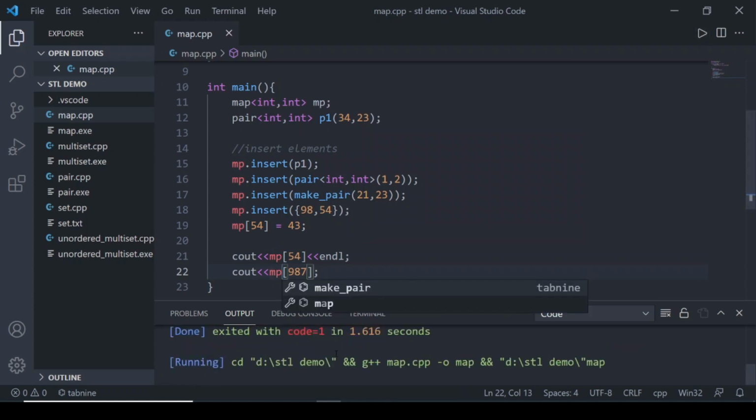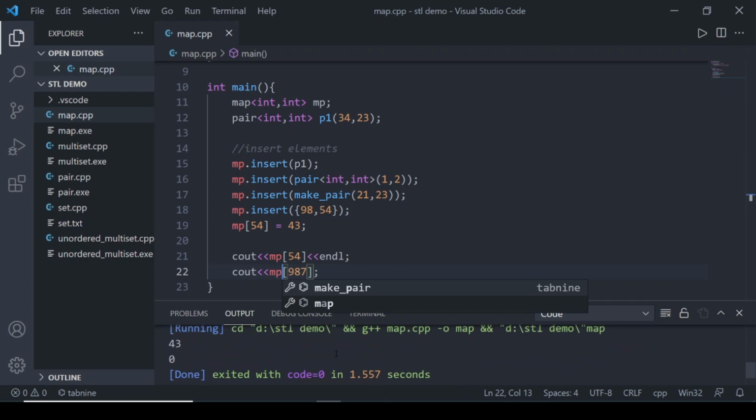Okay, so 43 was the value of key 54 and key 987 was not there, so the value of that was 0. Okay, this is accessing.